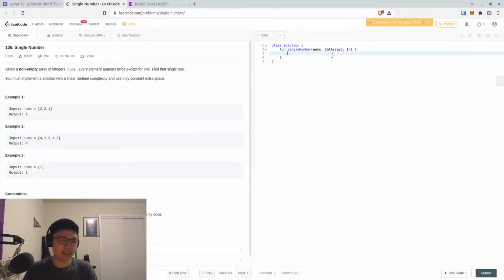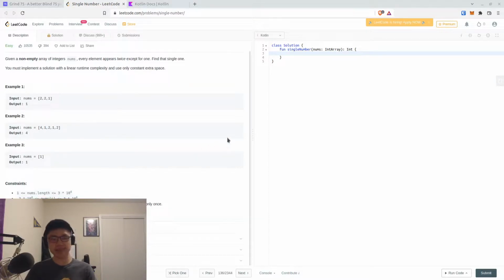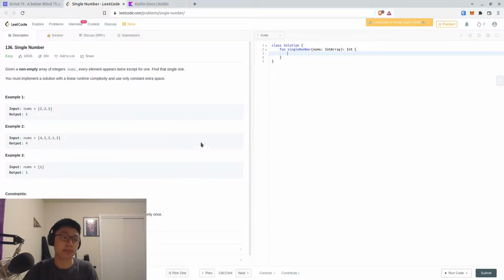The constraint on the values which can appear in the array is such that it would be infeasible to make an array of that size. And usually that only really works if we're dealing with strings, with lowercase or uppercase alphabets. So that's not the case. A set or a map would use linear space, so that's out of the question. So that really leaves